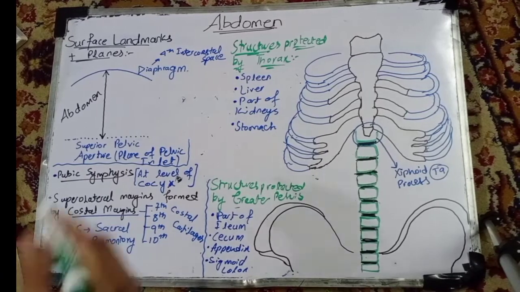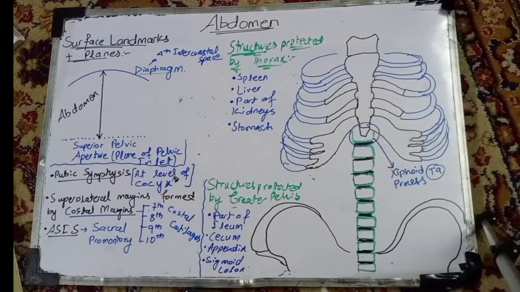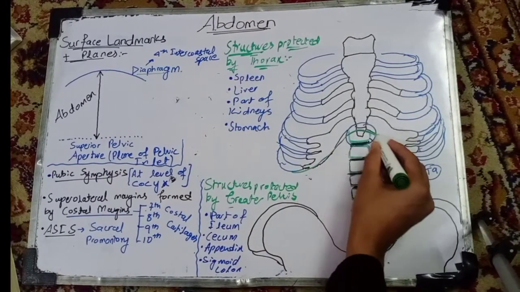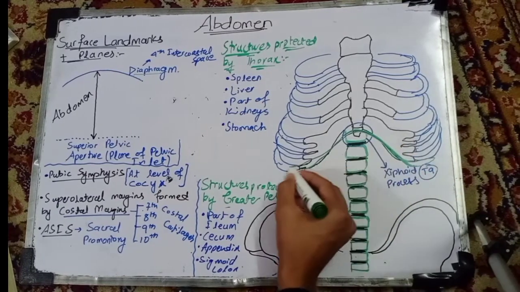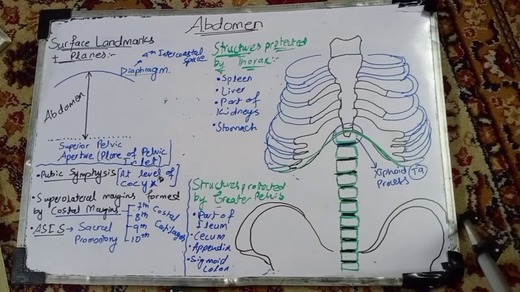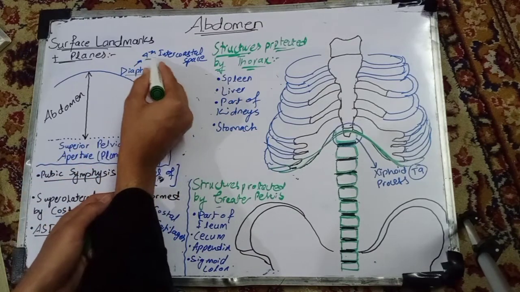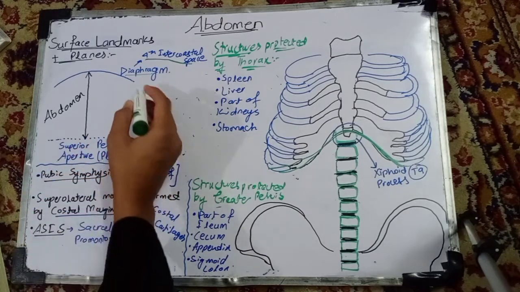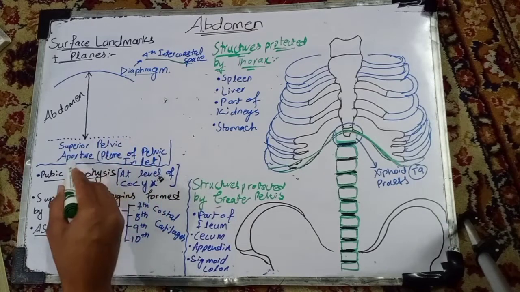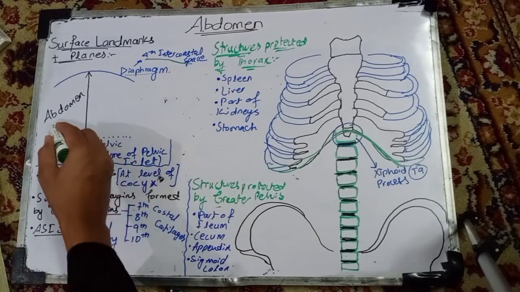So here you can see that the diaphragm in this figure is going to lie just here, right? And the diaphragm is a muscular structure that is present here, and it lies approximately at the fourth intercostal space, right? So from the diaphragm till the superior pelvic aperture, that is the plane of the pelvic inlet, we have the